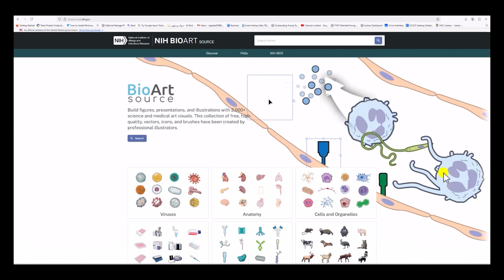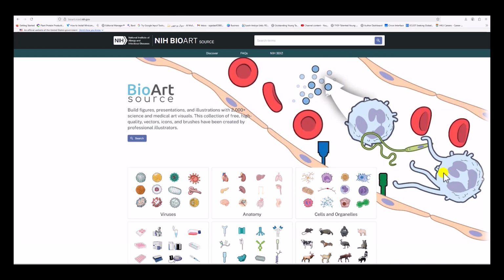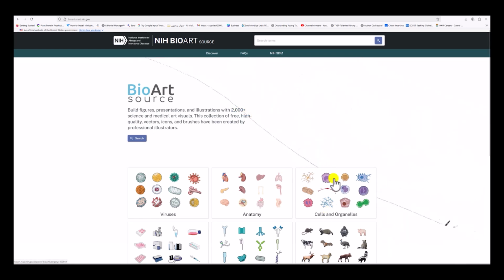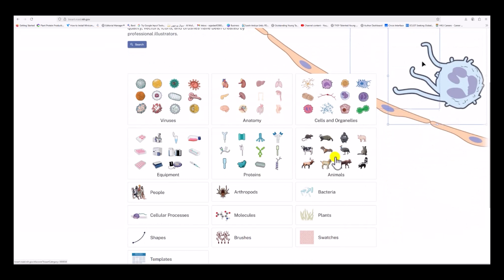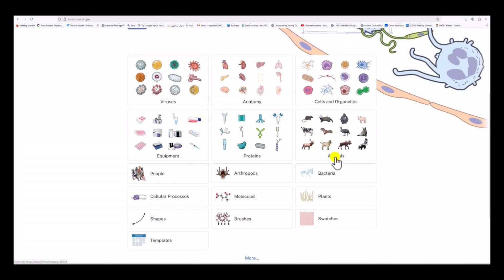But with NIH BioArt, you can make 3D illustrations or 3D figures, and here you will also find icons. You will also find different shapes, different things according to different scientific fields.